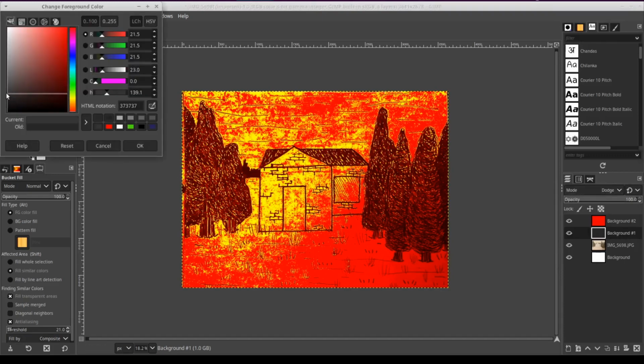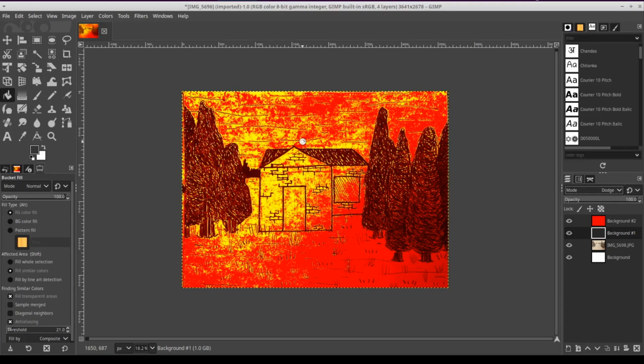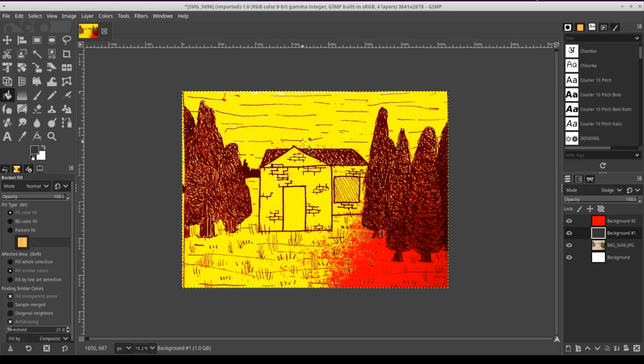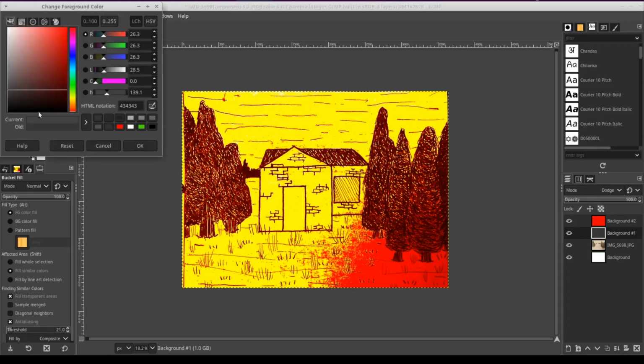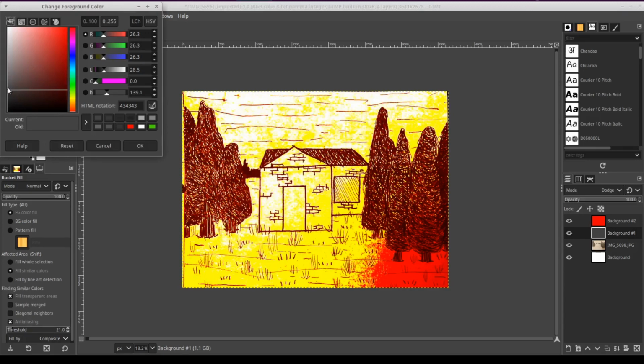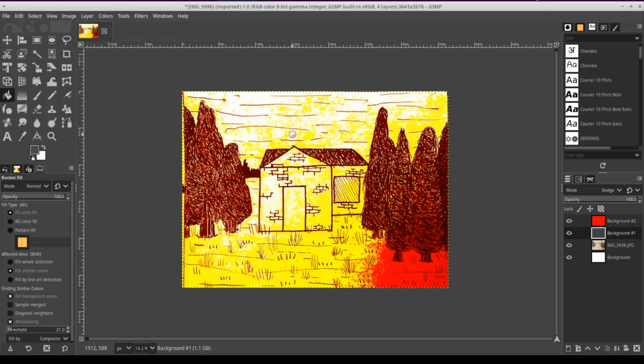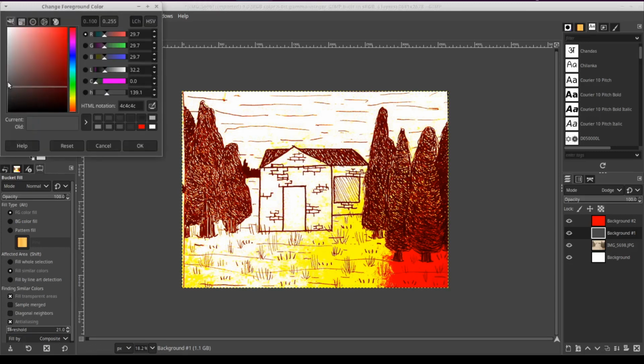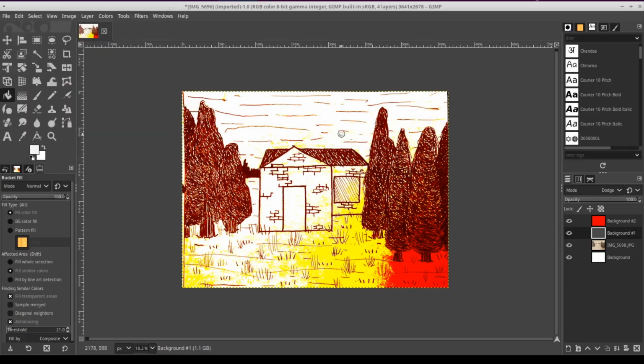But basically, you keep picking lighter colors, and the paper parts of the picture without any ink will keep getting lighter until finally they change to completely white.